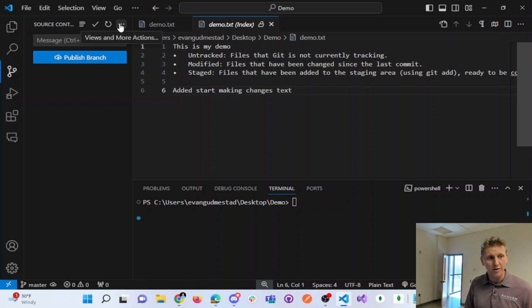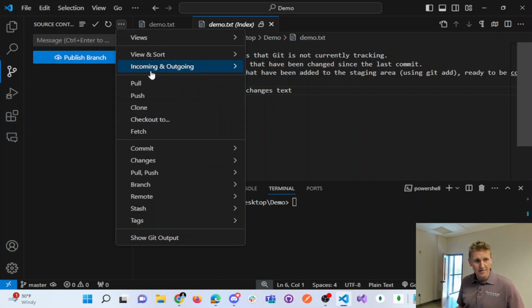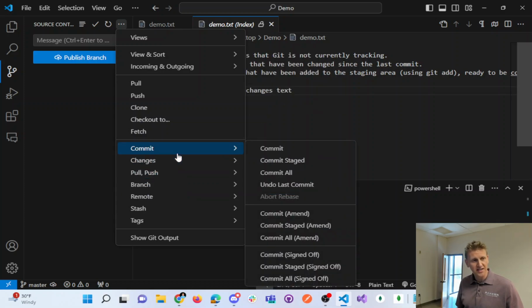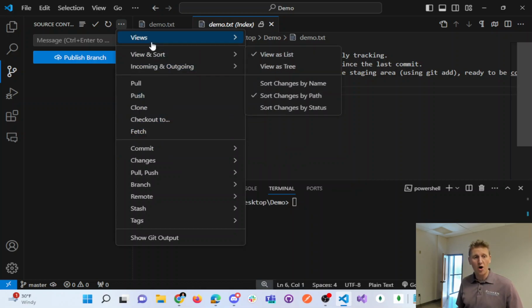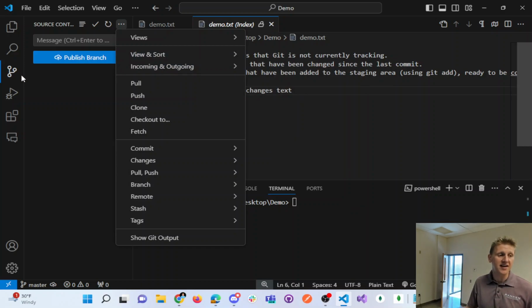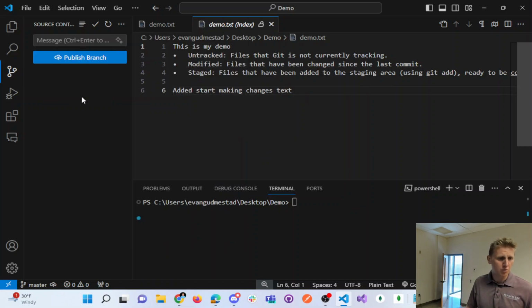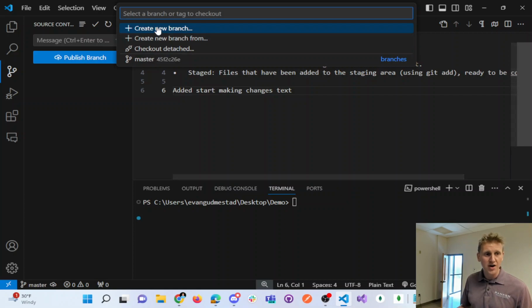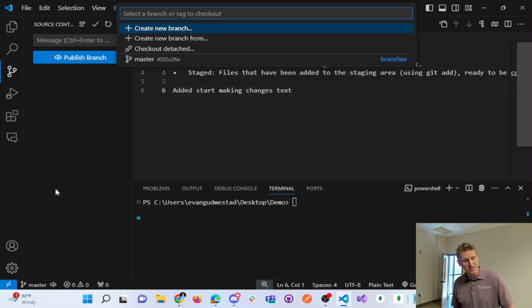The next thing that's very powerful is off of these three ellipsis dots. Basically, every command in Git is available in a GUI form off of this menu. Okay, so all the GUI commands here inside of this tab on the left-hand sidebar. One more thing, as you go down here, if you do get into a project that has many branches, you can switch branches. Notice where my cursor is down below. I'm going to click on the master branch by the default. Right now I'm just on master, that's the only branch, but you can create branches or switch between branches very